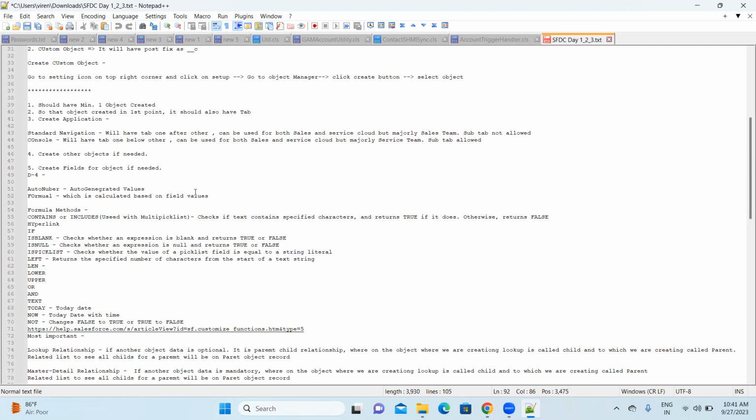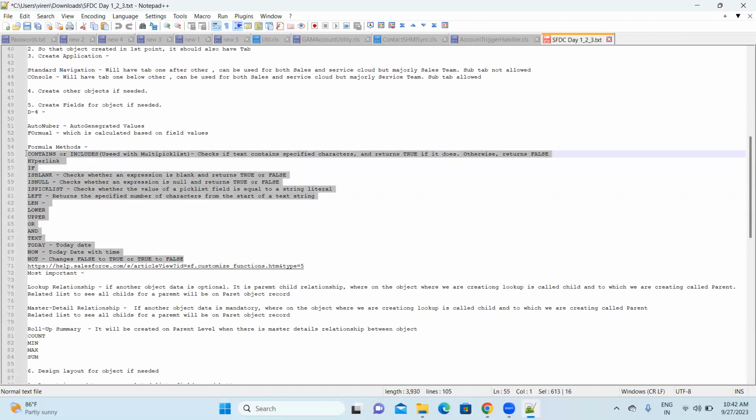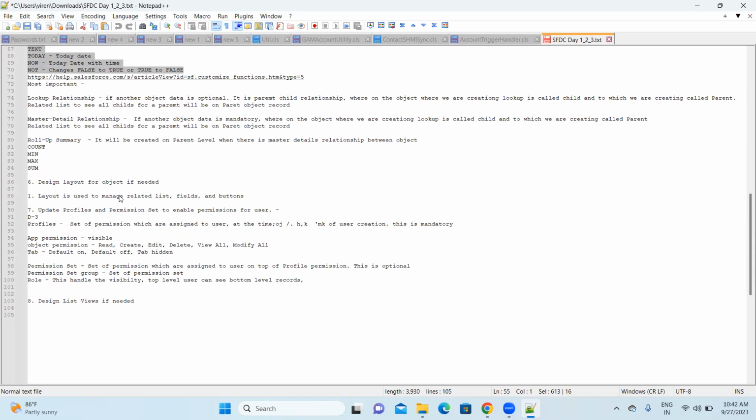types, like lookup, master detail, roll up. Those are majorly the important data types which we used. Eventually we went ahead and created formula fields also, and we know that there are many formulas, but among those we have to learn only the specific formulas. So we had the list of formulas to learn, which are very frequently used. Then we went ahead and created the layout, updated the layout, created sections, created fields under them, and aligned them.